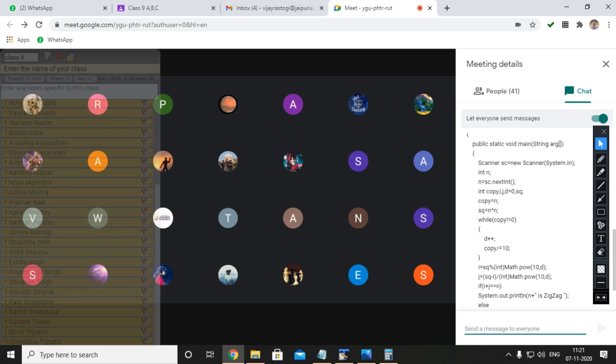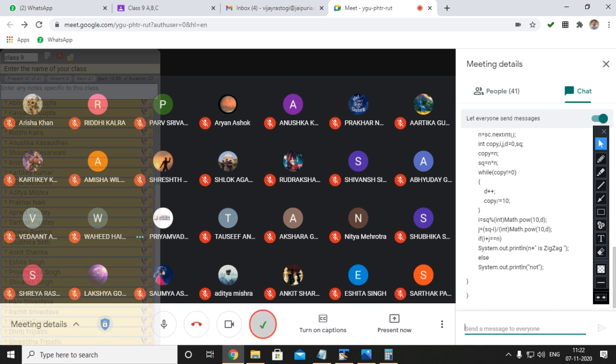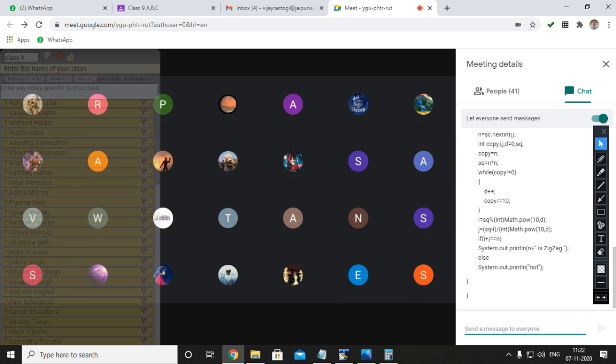Priyamvada beta, you are not checking the number of digits of the square. Please focus on that. The actual number doesn't matter, the number of digits in the square. In the square you need to check whether the number has an even number of digits or an odd number of digits. Okay? This is not correct beta. But well try. Very good. Try, आपने अच्छा किया. Got it, Priyamvada?